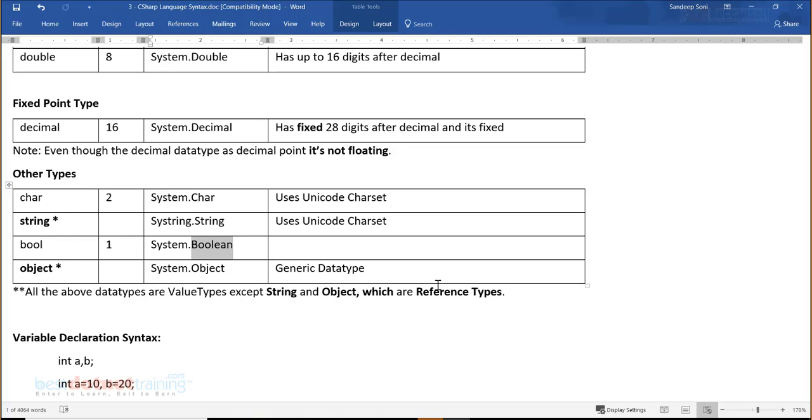We have always used number only as Boolean. We said 0 is false and a non-zero value, maybe 1, maybe 100, maybe -1, maybe -100, whatever, non-zero value is true. That is how the whole thing was represented. 0 is false, non-zero is true. But here, Boolean by itself is a data type. It's an independent data type.